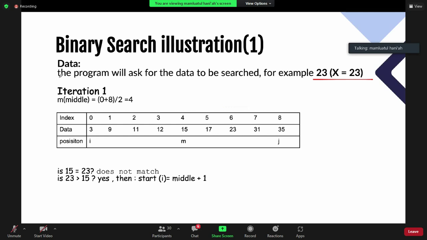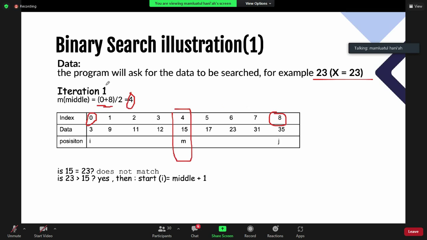In here you have start position 0, and your end position or final position is X. 0 plus X divided by 2, and you have 4 as the middle position. And then you need to compare your K with the middle position data.